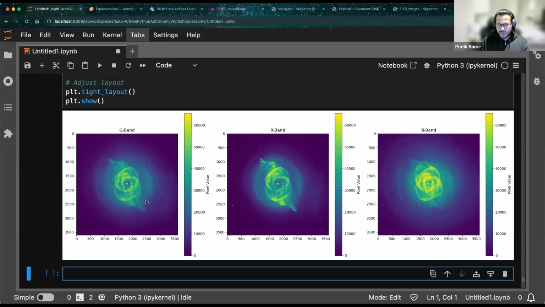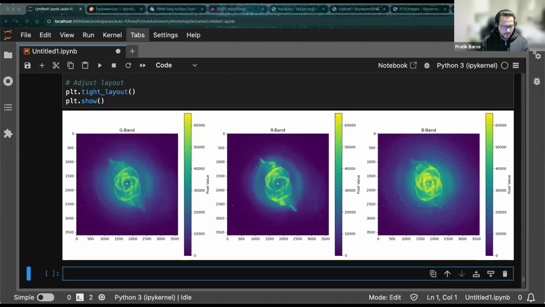So this is one of the Cat's Eye Nebula Hubble Space Telescope images. This is the green band, red band, and blue band. So these are the 3-band filters. And you can notice there is some difference in the images here because these are different color bands, different frequencies. Now the pretty images that we see are basically made by combining these 3-band images and color grading them. Like we assign colors, whatever is the G band image, we'll assign it green, red, and blue, and so on. And we can do that in Python